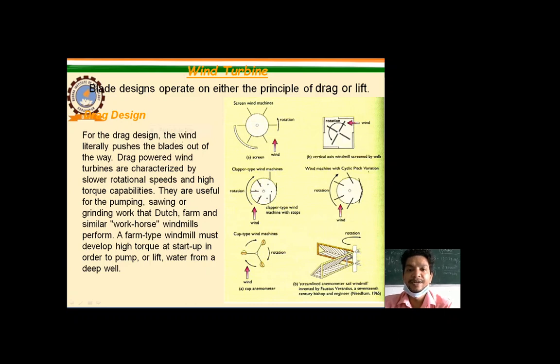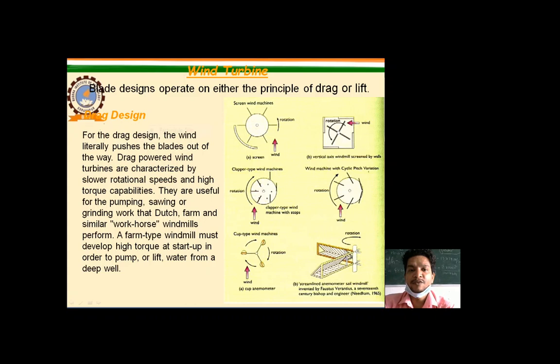Now when the wind literally pushes the blades, it means the wind is flowing with a normal speed, because a particular type of mechanism is allocated over there, and that's why the wind speed should be normal, not the maximum speed, because if the wind flows with maximum value, then the blades can break. But some mechanism is allocated over there that assists to control the wind speed.